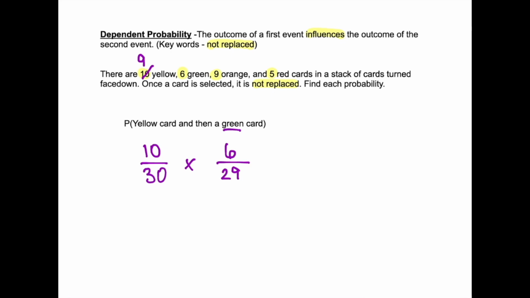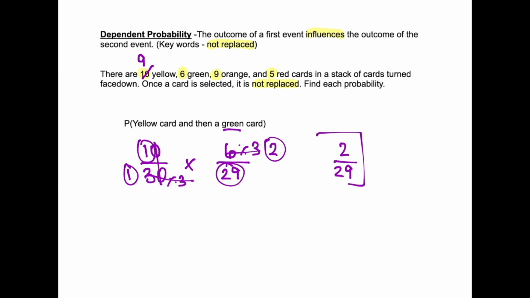When we multiply, it helps to simplify before we multiply. We can divide a 10 out of both 10 and 30, and then you can divide a 3 out of both 6 and 3. 6 divided by 3 is 2, and 3 divided by 3 is 1. So we have 1 times 2, which is 2, and 1 times 29, which is 29. So the probability of getting a yellow card and then a green card without replacing the yellow card is 2